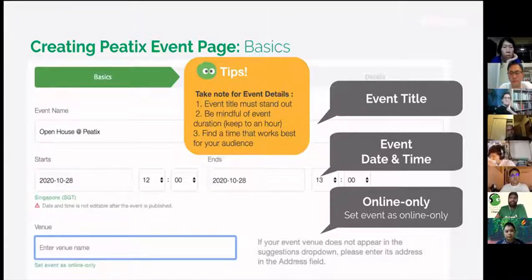And some of the things you need to take note of is that now that everybody is running online events, there's so much going online, you need to have an event title that stands out. And also one of the key things about online events is to be very mindful about the event duration. My suggestion or advice is that if you're running an event for the first time, to keep it to within an hour. And the reason is because unlike offline events, for an online event, it's very easy for people